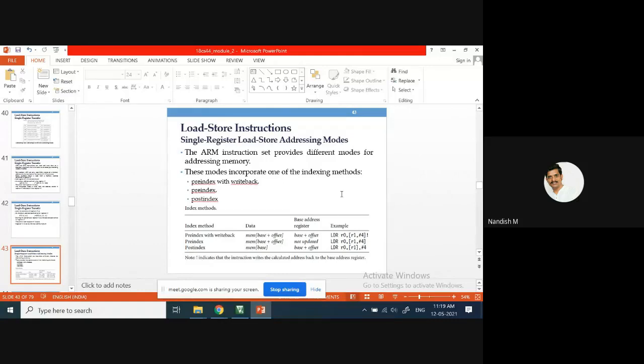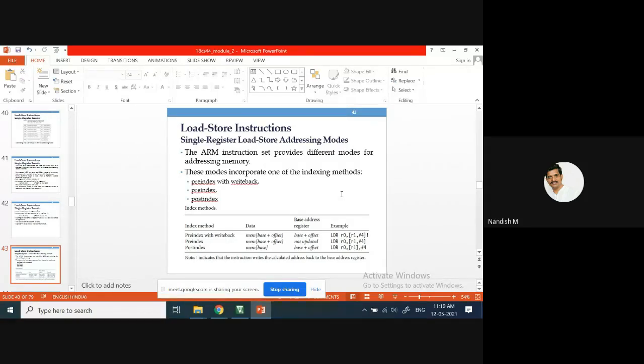Index, register, direct, indirect, all the different types of addressing mode that you have already learned in computer organization, you are going to use this with the single register load and store addressing modes.